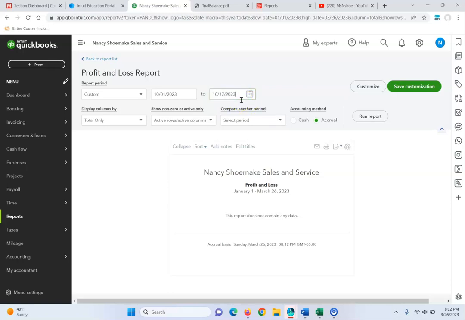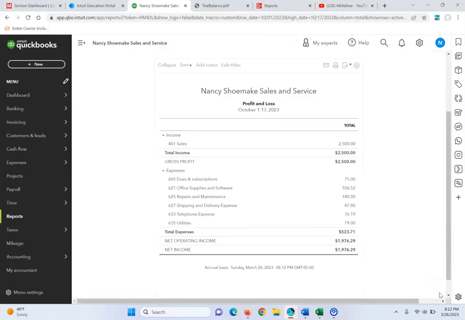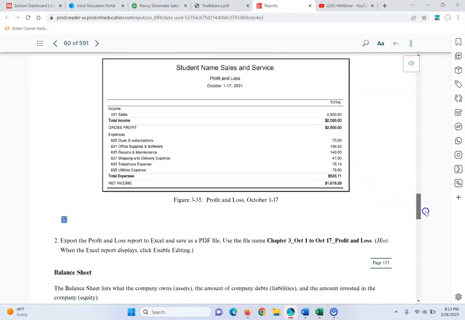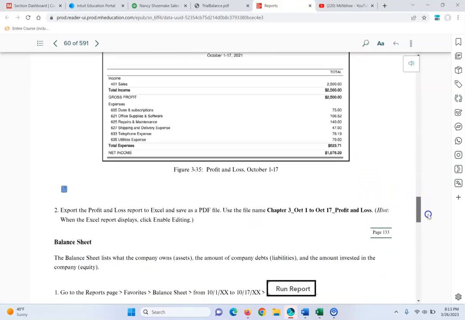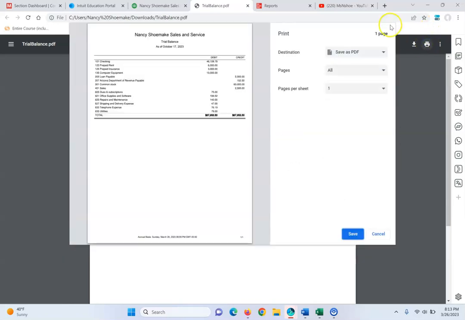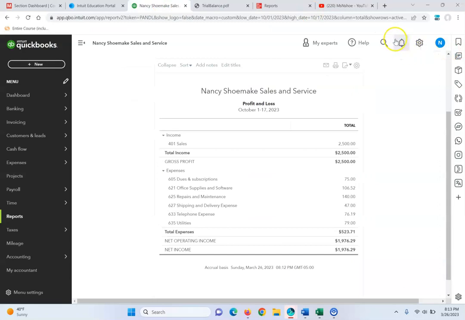October 17th. 1976-29. We've got it correct. Make sure yours is the same. Export this to Excel and save as a PDF file. So we're going to, oh, wrong one, that's the trial balance. We're going to export this one